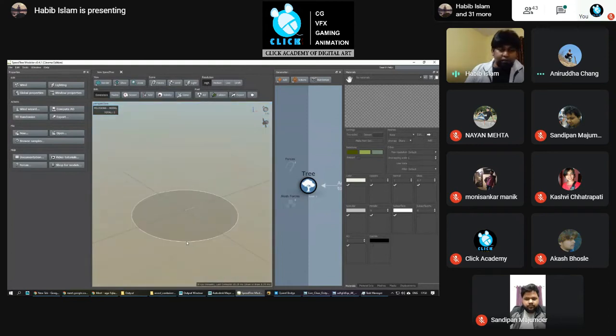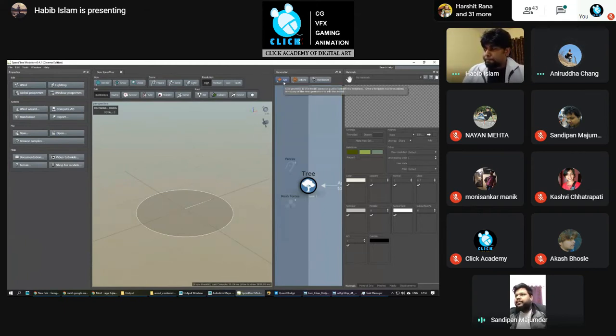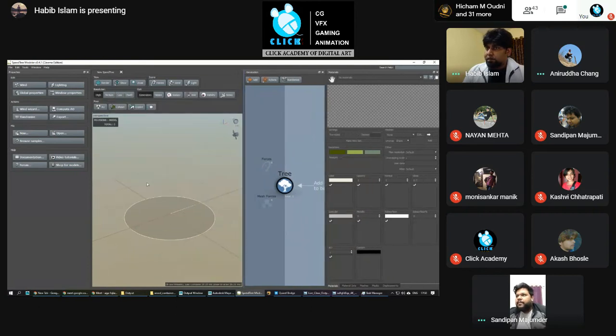Sandeep, any question on the trees? He was asking whether you are making it, or these are presets kind of thing? There are some presets available. You can use that or create directly. It's according to your requirement. If your requirement matches the example assets, then you can use that. Otherwise, you can create that. But I'll be showing you the process of creation.